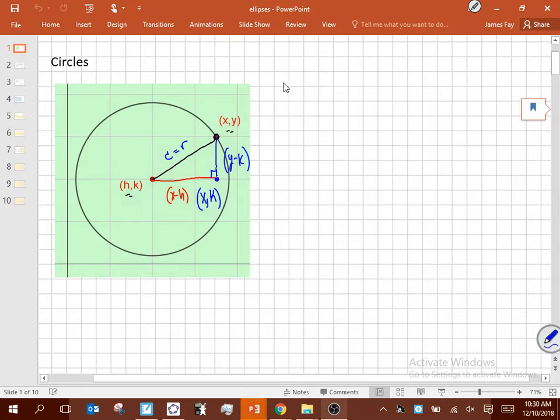Because a squared plus b squared is equal to c squared, I should be able to say a, which is one of my legs, (x minus h) squared, plus b, which is my other leg, (y minus k) squared, should equal my radius squared as well. And that turns out to be the equation for any circle